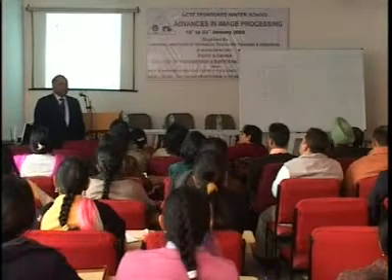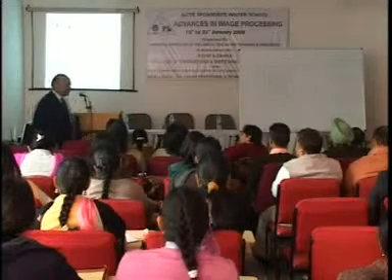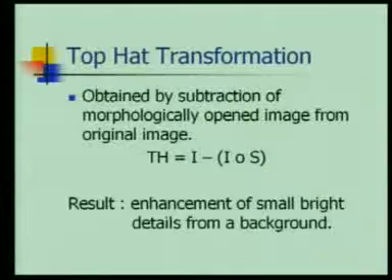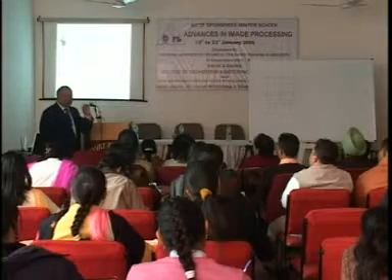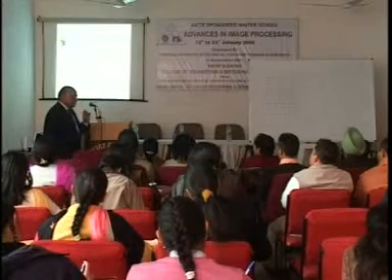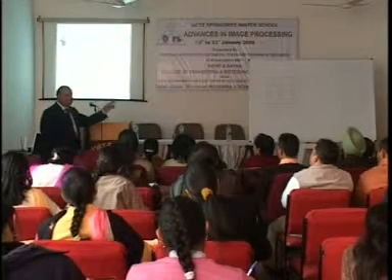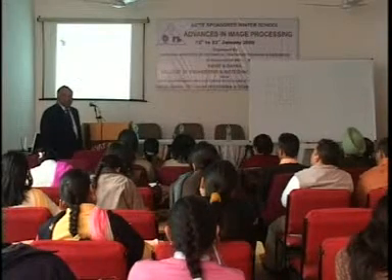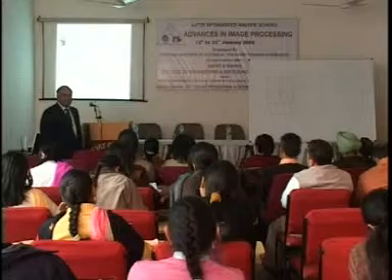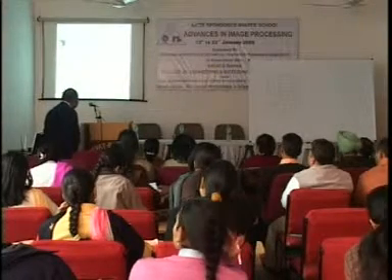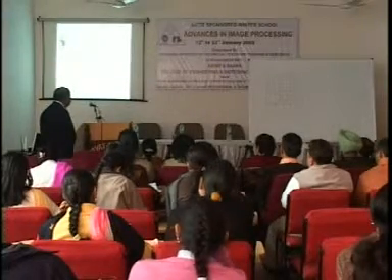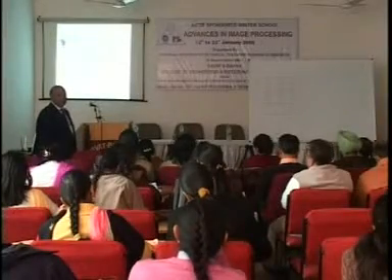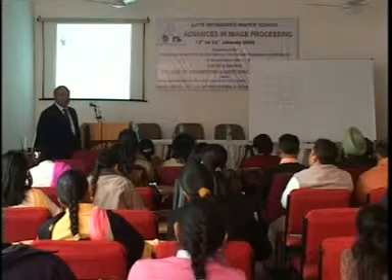So only those white dots and black dots will be left. Next you will see closing. Any small bright spot, if it is there in the image, having nature nearly like the structuring element, will be highlighted. So this is top hat, another one is bottom hat, it is the reverse of that. Earlier bright spots, now we have dark spots.